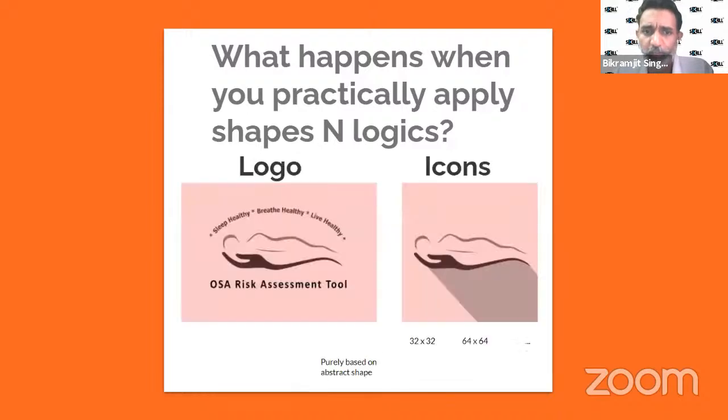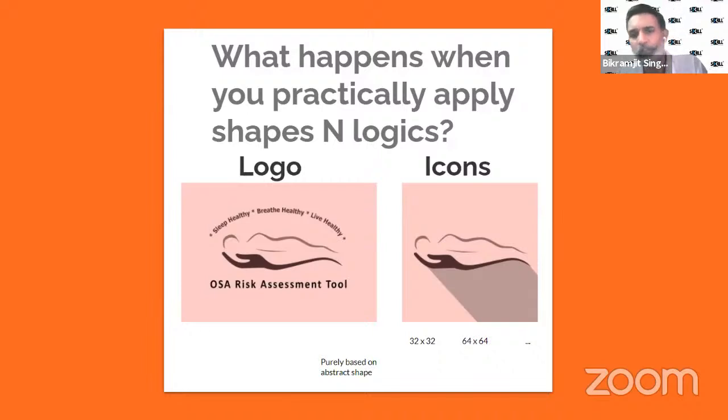Let us see some other examples we've done. Now these are the logos or the icons made purely based on abstract shapes. So this could be another challenge, using the logic, using the abstract shape. What shape are you going to design to develop a logo?